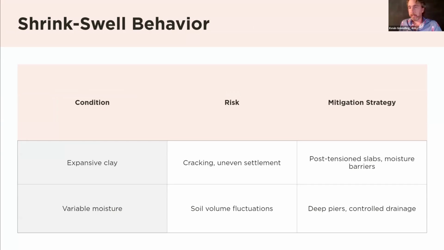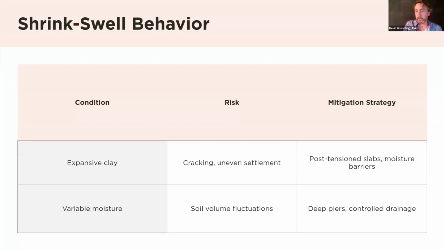exposure of systems that are not supposed to be exposed to the elements, and cracking of your foundation, whether it's a foundation wall or basement wall. The mitigation strategy is using slabs, moisture barriers, or sorry, post-tension slabs and moisture barriers and other options. If you have variable moisture,